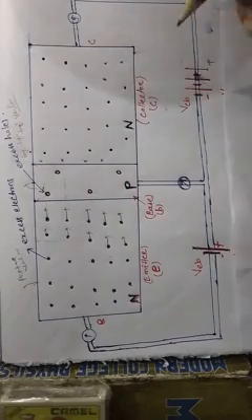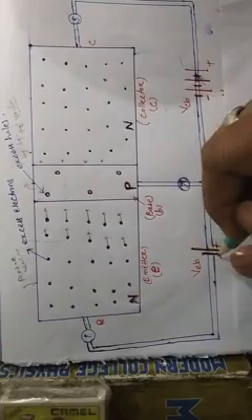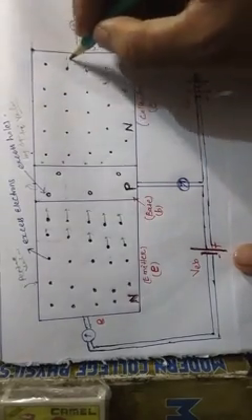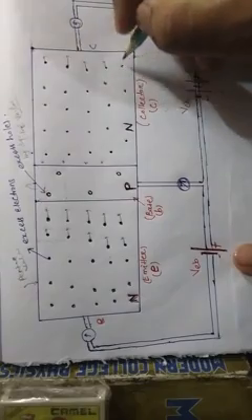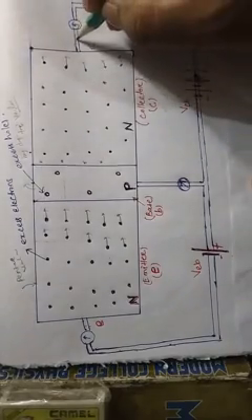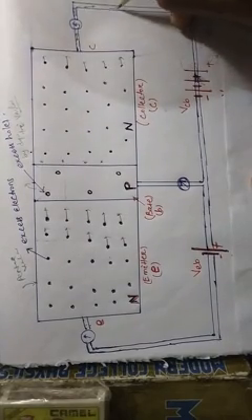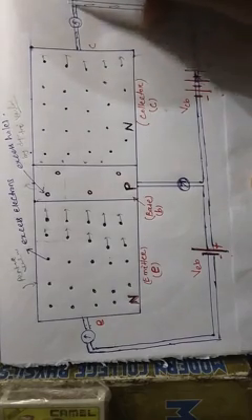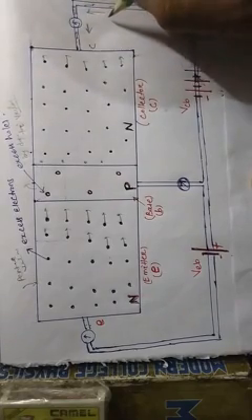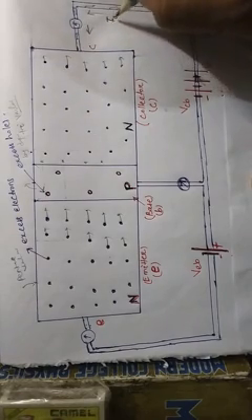Now, when both batteries have been connected, this negative terminal repels the electrons and this positive terminal attracts them. When the electrons come out through this wire in this direction, the current in this wire will flow in the opposite direction. This is called the IC current, the collector current.